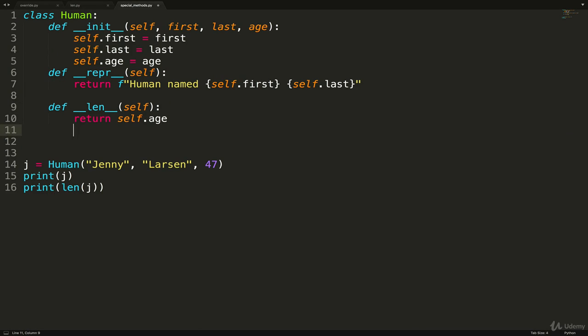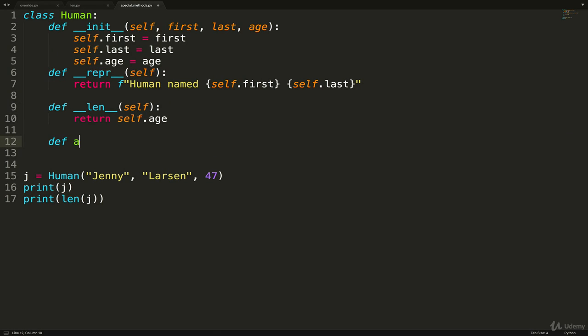Next, let's do something a bit more fun. Let's do add. Okay, so let's only worry about add between two humans. So if we add one human to another, a special thing happens and a third human is born. That's all I'll say about that. I don't want to get any bad reviews about that. So in our version, any two humans that are added together, it should return a new human that's 0 years old. And let's just have it take the last name of the first human.